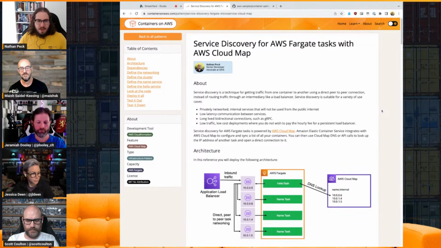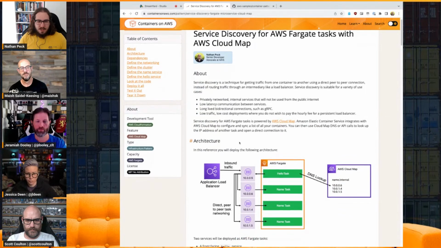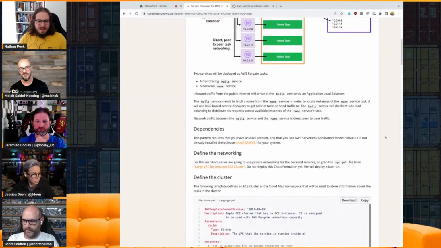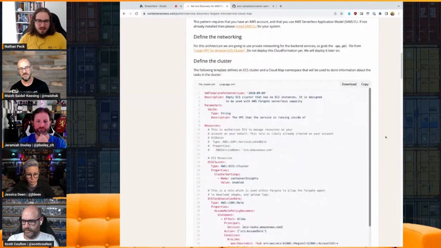So the goal of the pattern is that it has a description as well as an architecture diagram, because having a little visual there always helps to better understand what these features actually are. Our official docs don't generally tend to have very many diagrams in them. So the goal of this is to provide a place where there is a diagram. But more importantly, there's also a code sample.